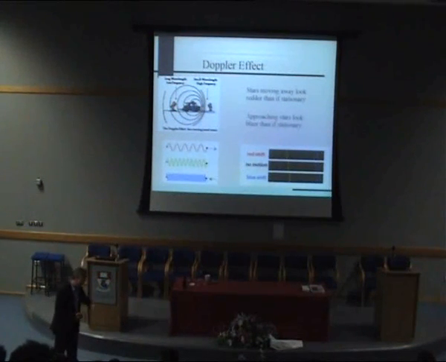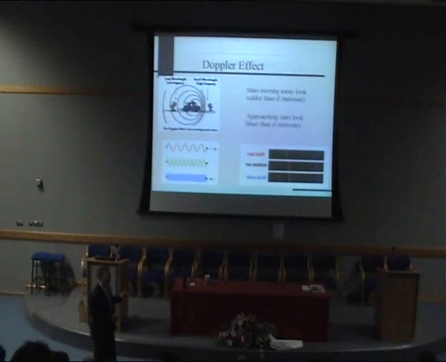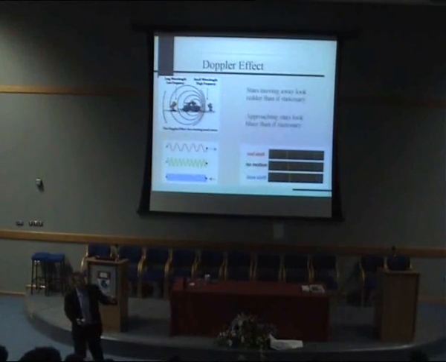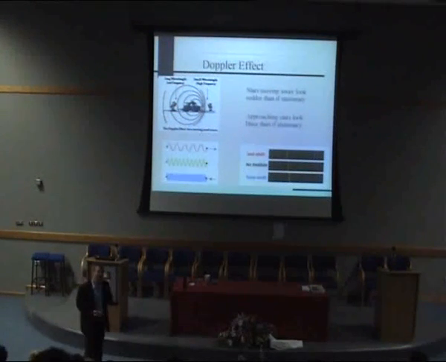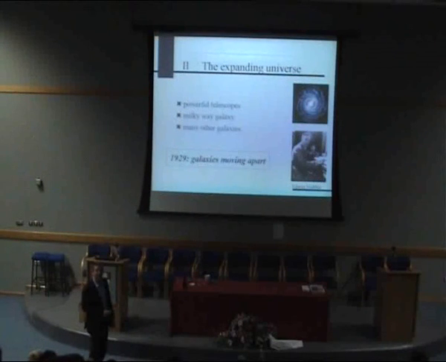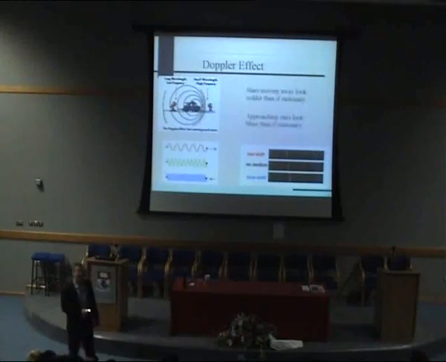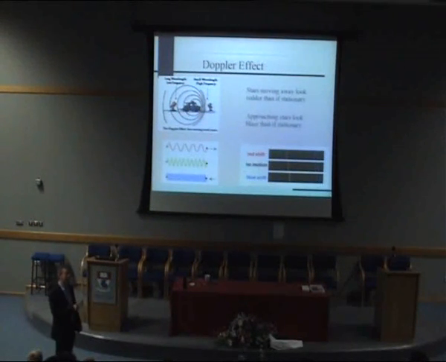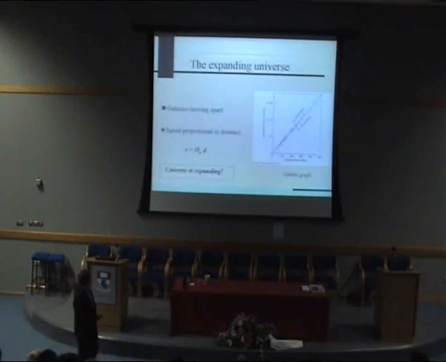If something emits light, if it's moving away from you, the frequency of that light actually changes. And it turns out in physics, as the frequency changes, so does the color. So when stars move away from us, the color changes. And that's how they discovered it. This guy, going back here, was looking at the light emitted by stars in these faraway galaxies. And he found, my God, it's redshifted. And redshifted in physics means absolutely unequivocally, those things are moving away from us. And they're moving away from us very, very quickly. So that was a massive, massive discovery.